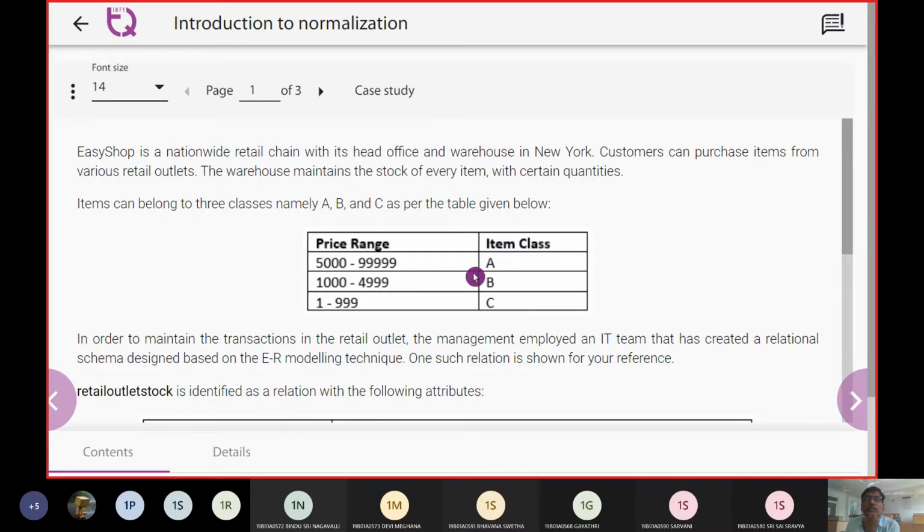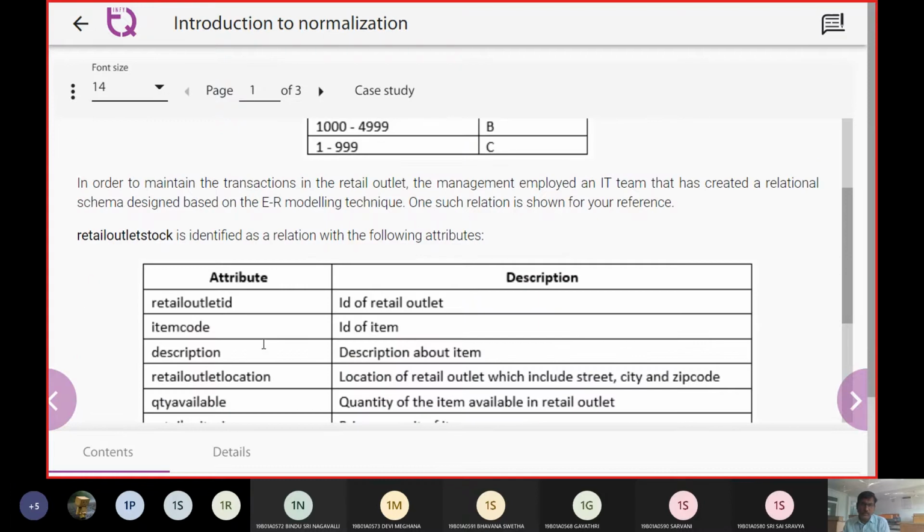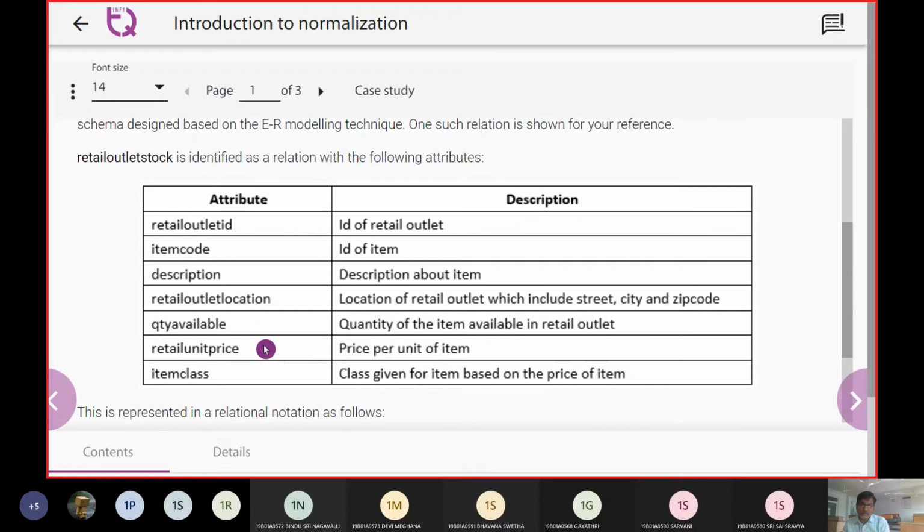For item A, around 10,000 is available. For item B, 5,000, 4,999. So 5,000 is available, and up to 1,000 of C is going to be available for the entire population.